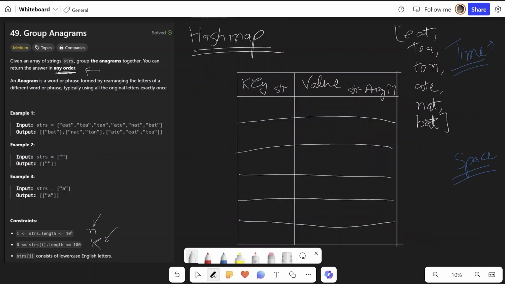So now the most straightforward approach we can think of to solve this problem is to use a hash map where the keys will be of type string and the values will be a string array which will store all the anagrams of a particular string as key value pairs. And what will be the key in this case? Can we just sort each of the strings whenever we encounter it and use that sorted string as the key and push that particular string into that sorted string key's value?